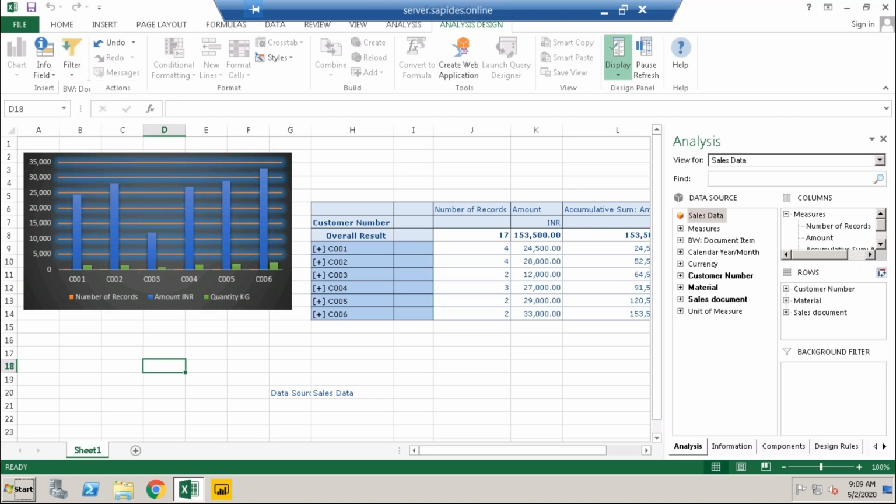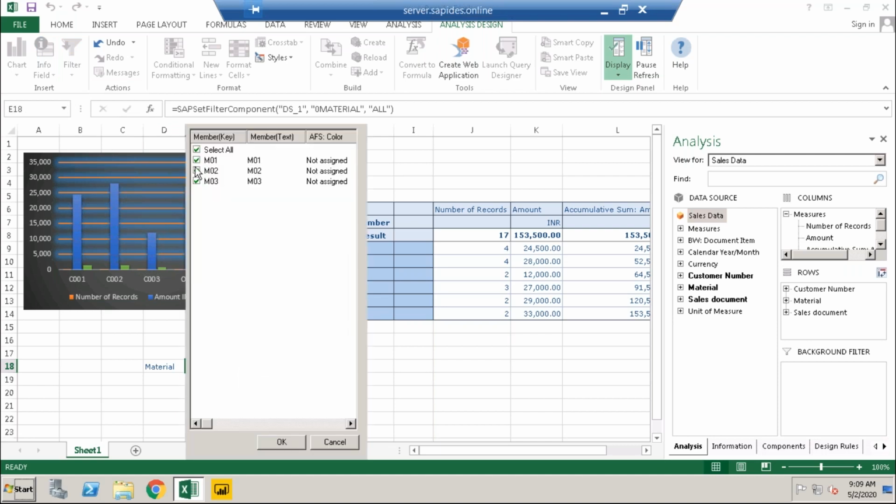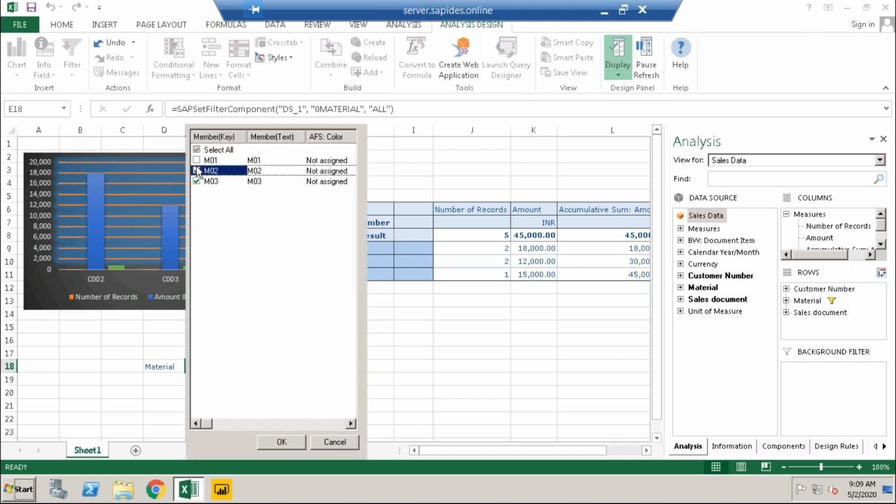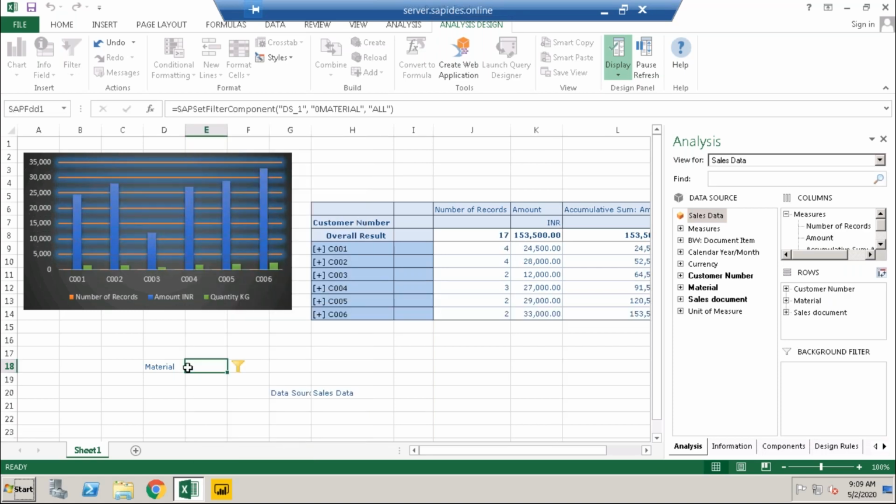If it is customer material, I can take a material number equal to, for example, I want to see this material equal to 2 and 3 only. So here you get a filter value. This is all the filter on the 3. You need all, set all, the filter options. Okay. But we have to place a cursor over there. In the cell, you have to set a cell. Then here we have conditional formatting, same thing.